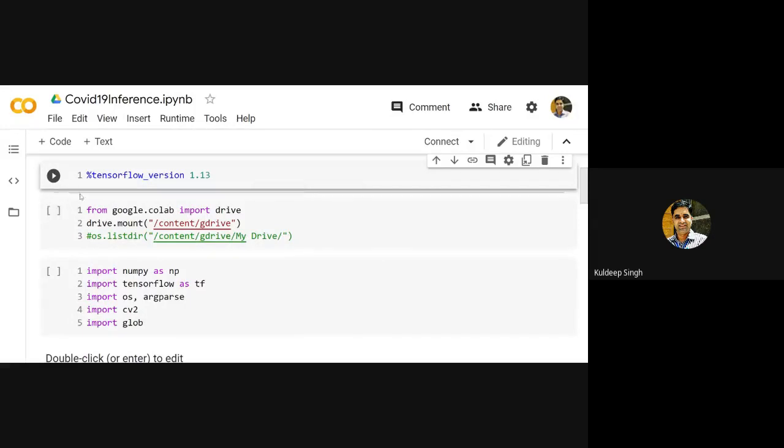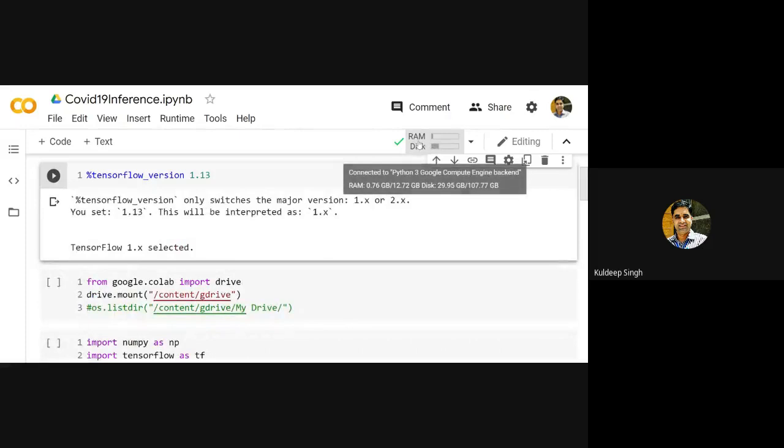let's define the TensorFlow version. Since TensorFlow version 2.x is also available, but I have used TensorFlow version 1.13. So we firstly define that we force it to use TensorFlow version 1.13. So we are executing it. Currently, it is connecting to the cloud. So this script is saved on my account and my drive. Once it is being connected here, it provides us